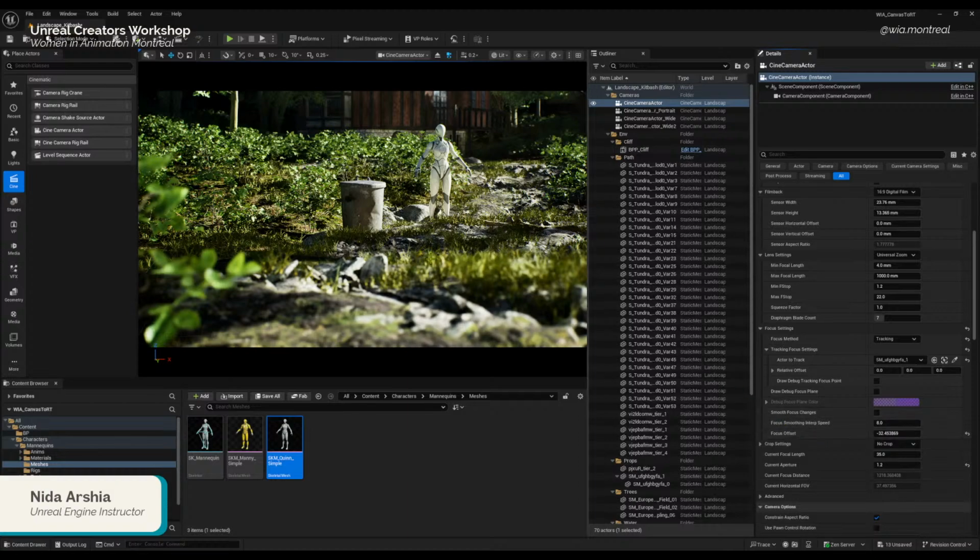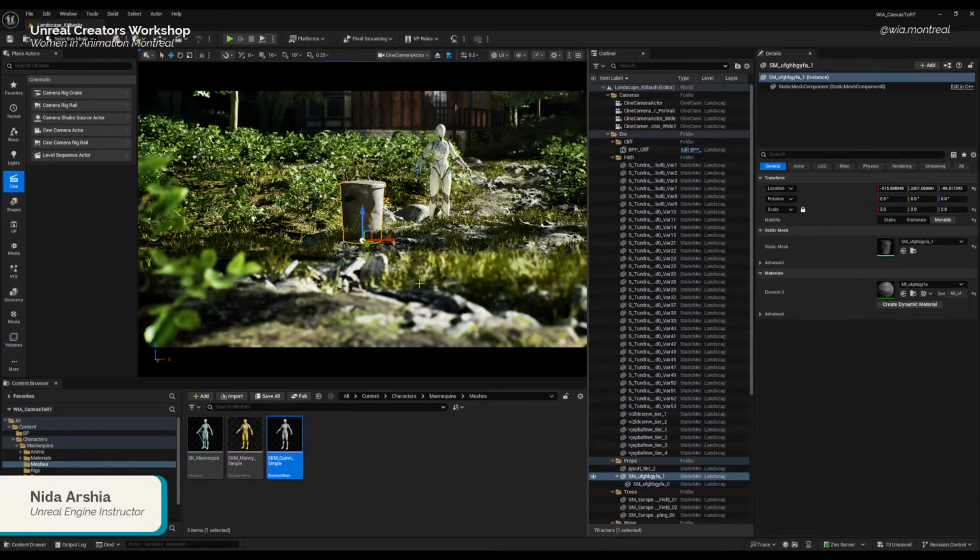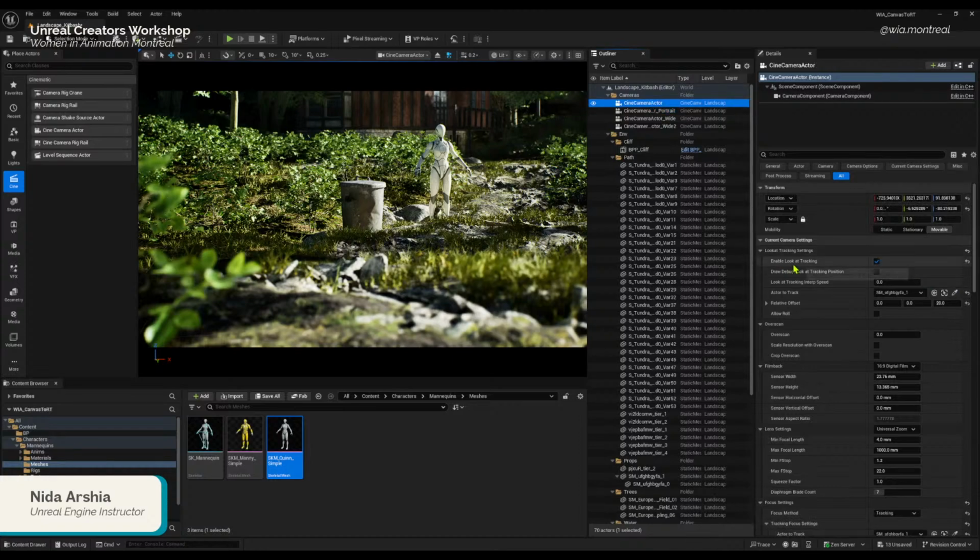Okay, at this point, I'm not very happy with the camera position. So let's move it around slightly. It's not going to be very easy to move it around because our camera is locked to the sky.